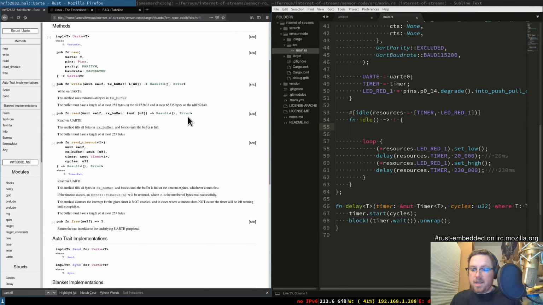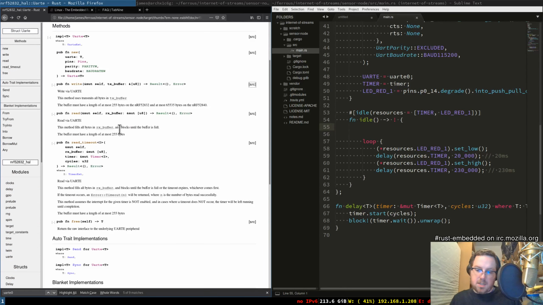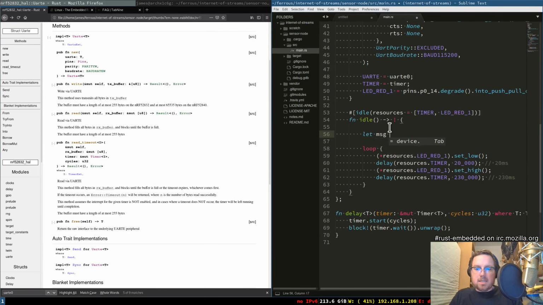Also, on the NRF52, this version doesn't have the fix for this yet. On the NRF52, like I said, it has to be DMA for everything. But the DMA engine only lets you DMA out of RAM, not out of flash. So what this means, if I were to write something like let message equals hello world